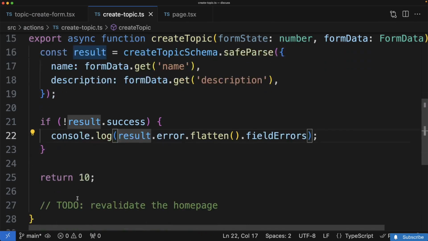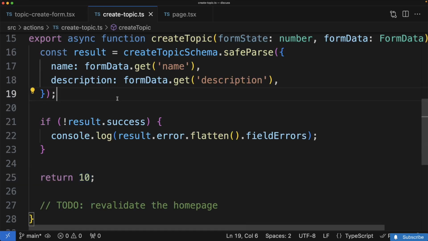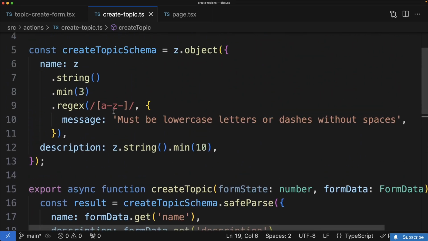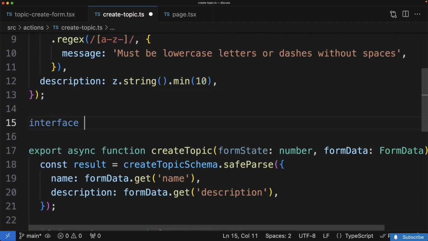And then we need to return some kind of compatible object from our server action. And we need to put in a compatible object back over here at useFormState. So let's go through this one time by hand, and then I'll show you a nice little easy workaround that we can use here. That's still going to put in some type safety with TypeScript. So first, right up here, right underneath our topic schema,